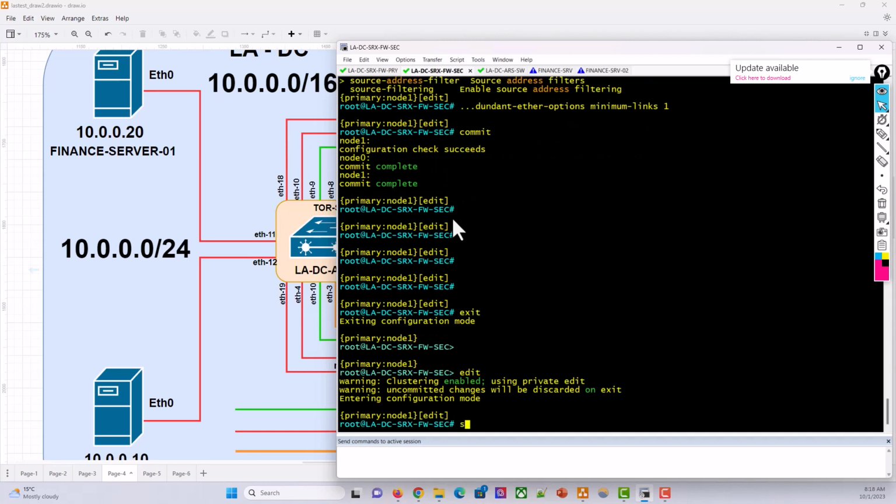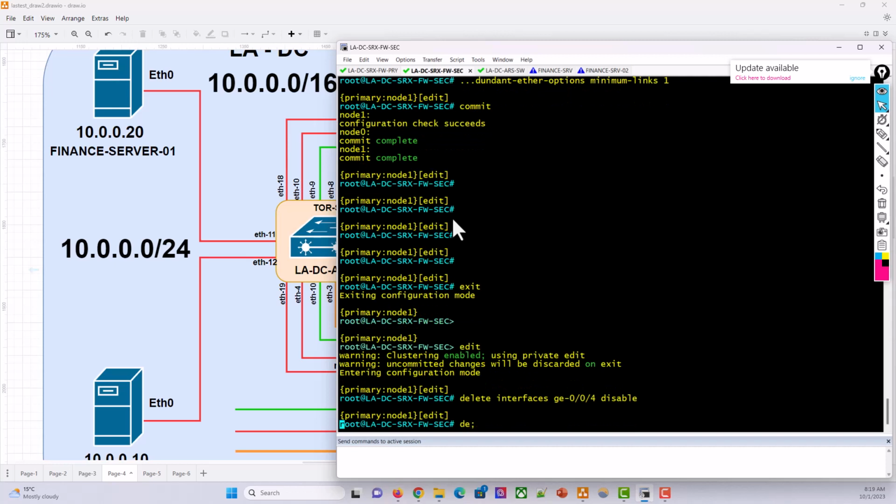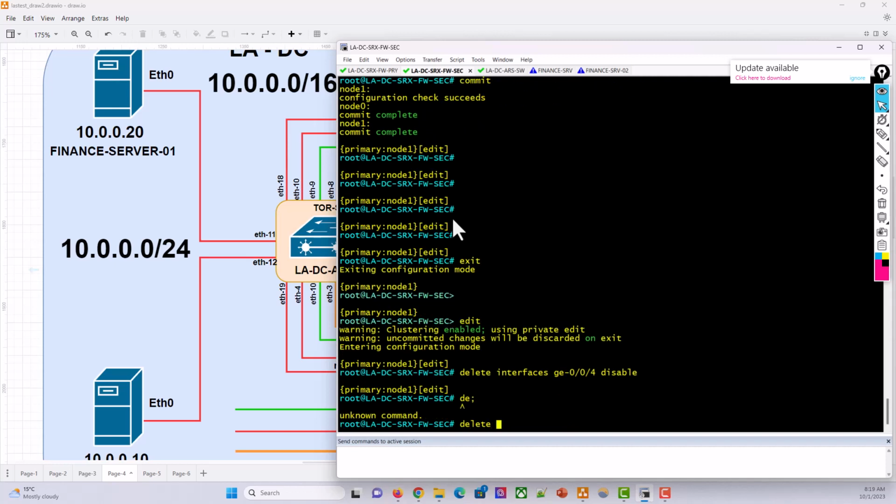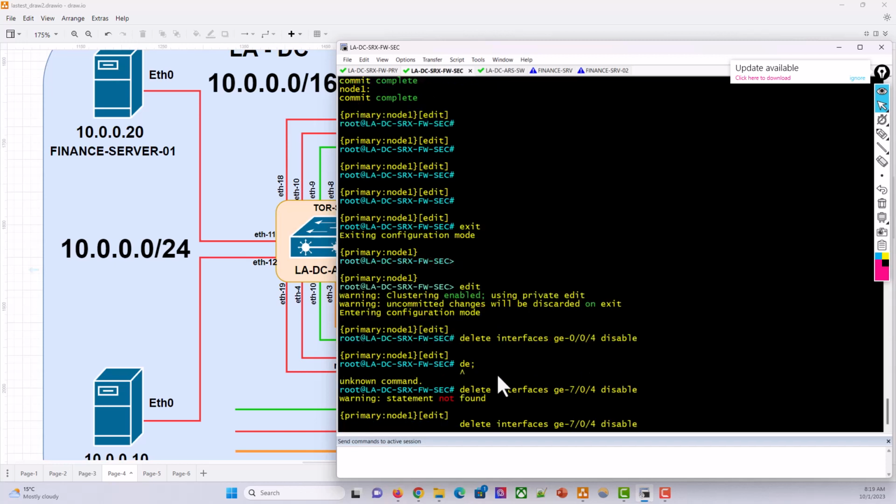So I'm going to say set interface ge-0/0/4 disable. So we need to delete this config. And then we also need to delete it for the other device, which would be 7/4